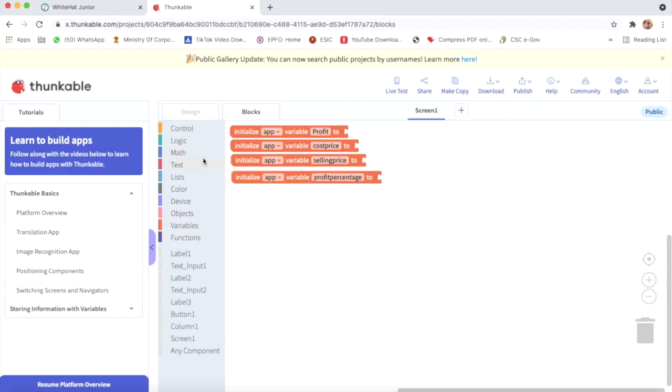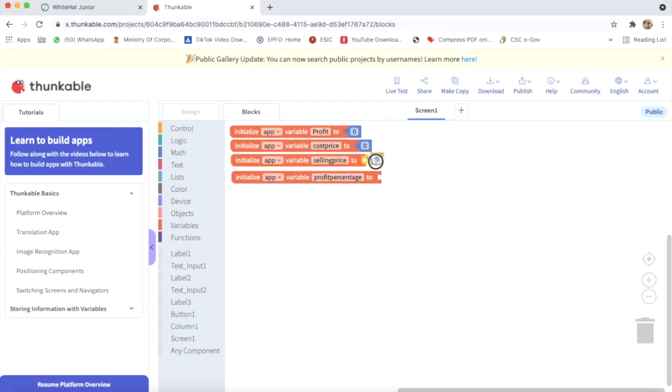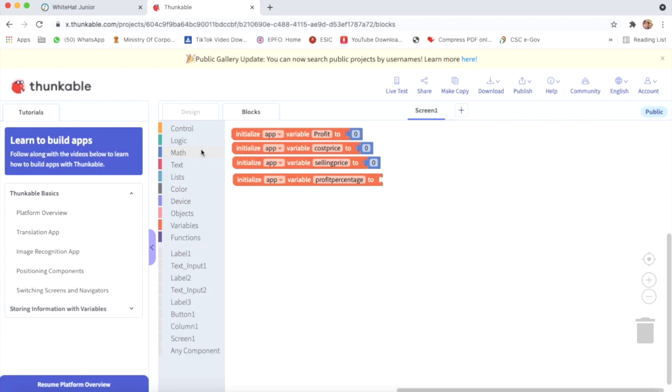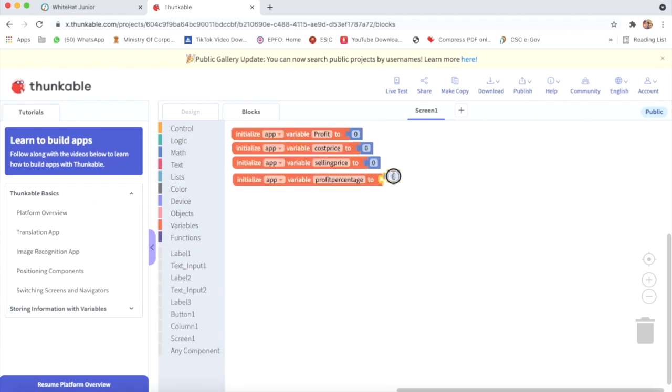Yes. And now I will go on math. I will take this first block and I will attach it here on the fourth one. And now I will go on button 1.